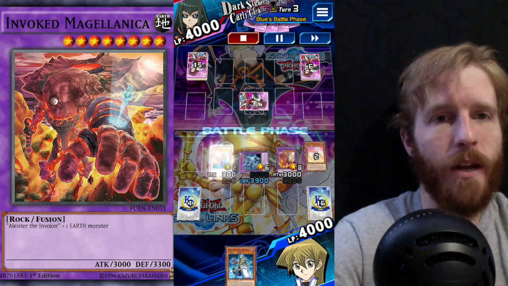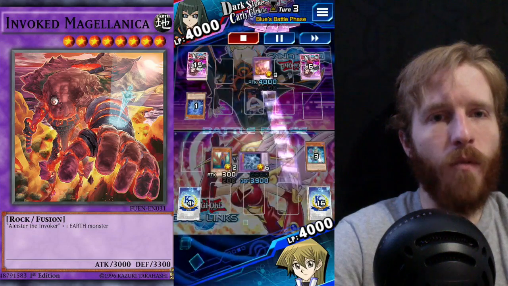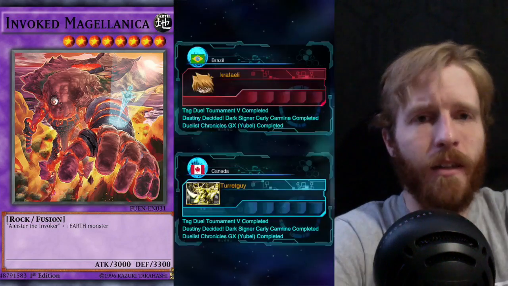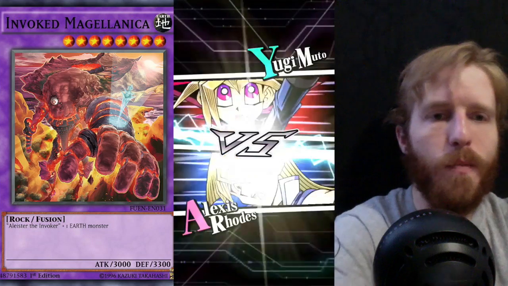Summon Dreamsprite. Attack into the face down, unfortunately water. Then I attack with Invoker for a 4k attack damage. He doesn't get to do anything. You are dead. And pretty much last, because there's a special duel after this, but not least, is Yugimoto versus